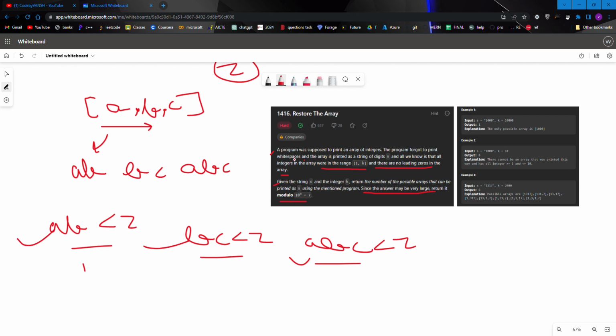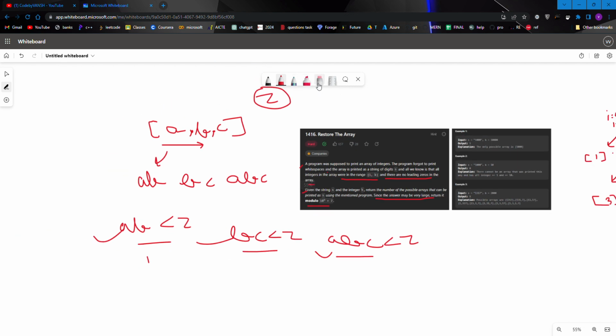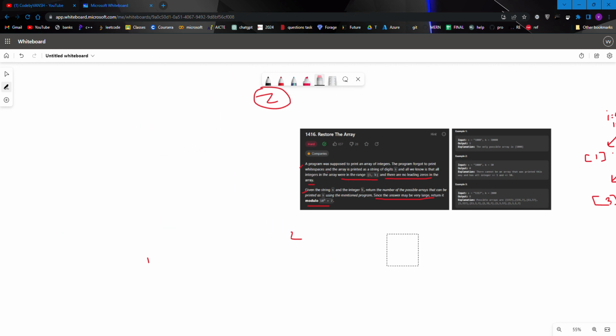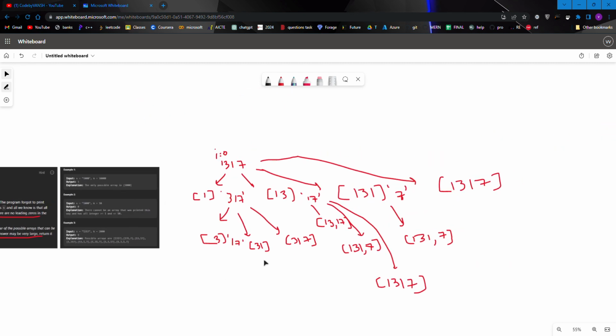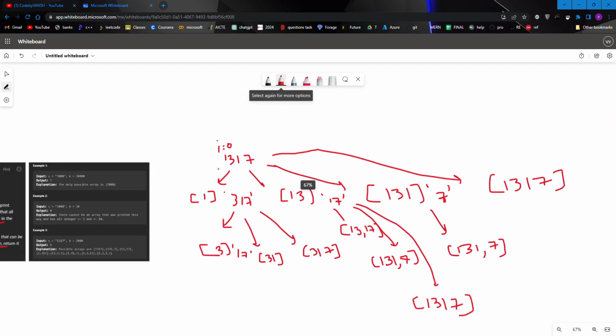So how can we solve this question? In order to solve it, we have to make a tree first, because this is a recursion type problem, and in recursion type problems the approach we take is a tree approach.